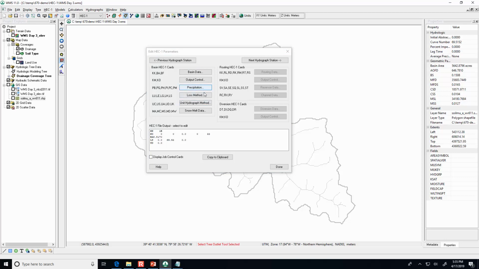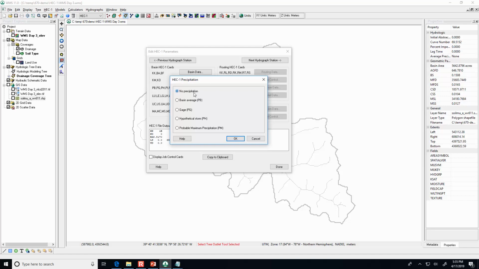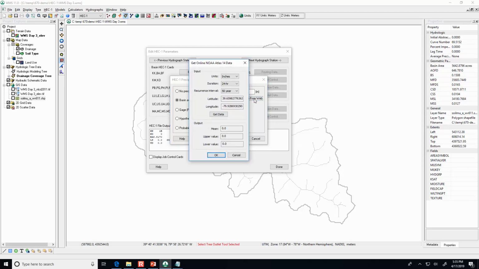If you click on precipitation, we're going to assume basin averaged, so that there's the same depth of rain everywhere in the storm. And then let's get precipitation data from the web. It already knows our latitude and longitude for this location.